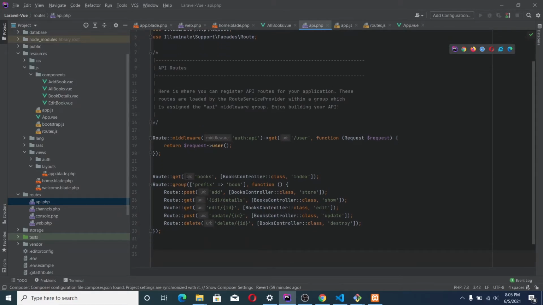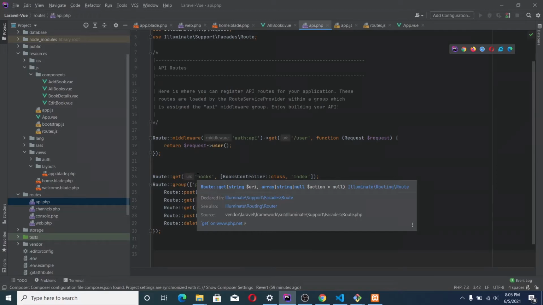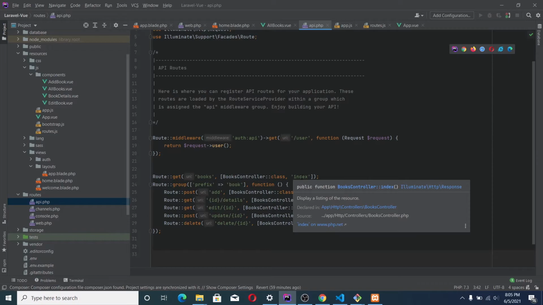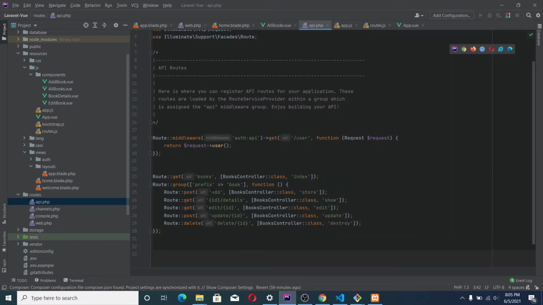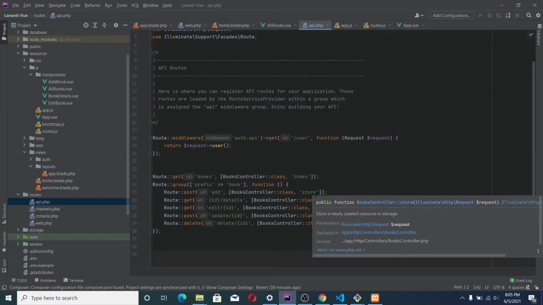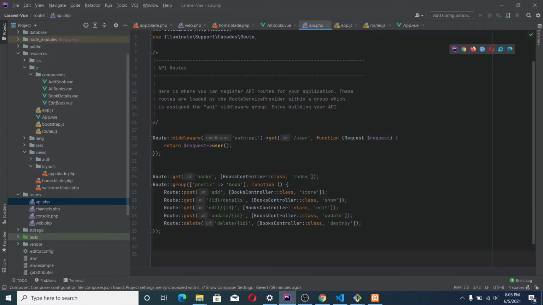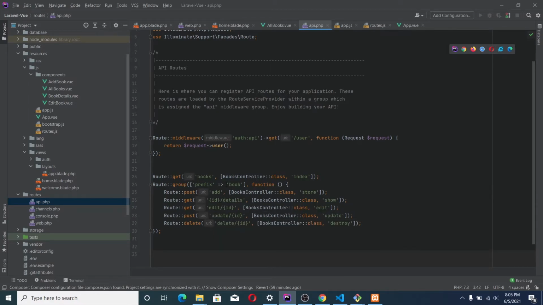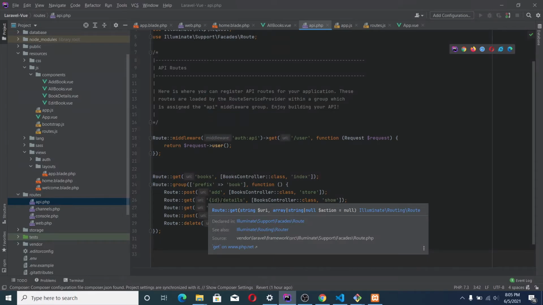So this is the route. Now when you go to /books, it's going to go to the index method. When you are going to add book, it is the post route that is going to store. So we are going to have book, and you put the ID in the center here, then /edit.